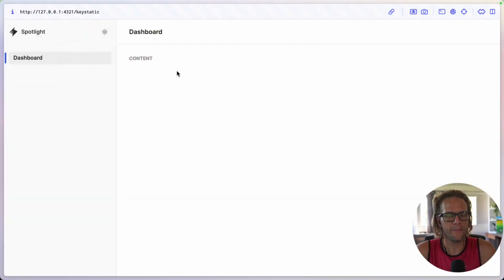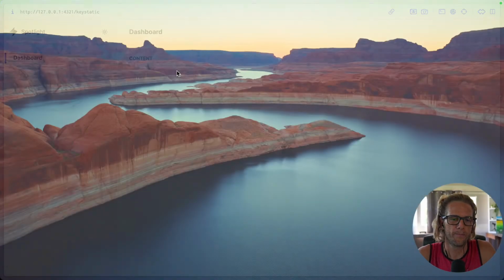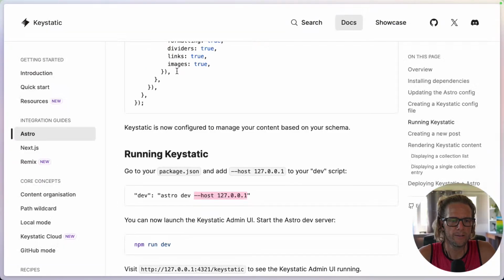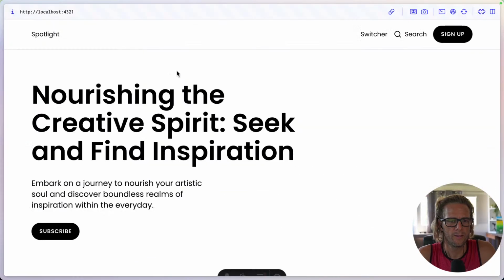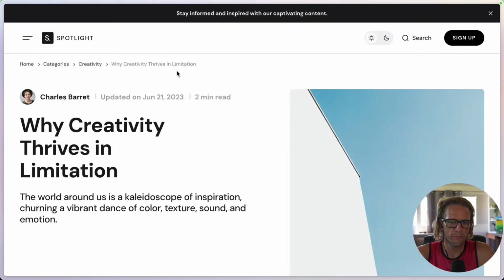So let's define. We want posts, but before we have posts, we want categories. So I think we're gonna define the categories first, if that makes sense. It probably makes sense. So if I go in the real design and I go in categories,